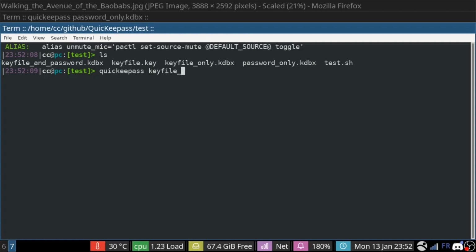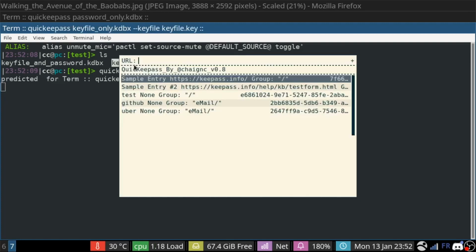Here there is a database that requires only a key file. Everything is already written within the Git repository, so you can go read through it if you don't want to watch the video. And it opens the database without asking for the password. This is as secure as the feature of KeePass that allows you to open a database with a key file.